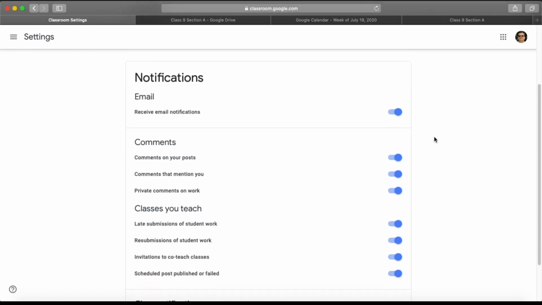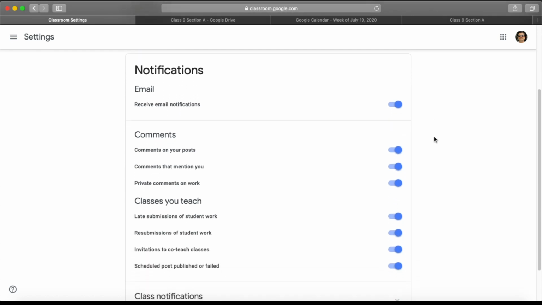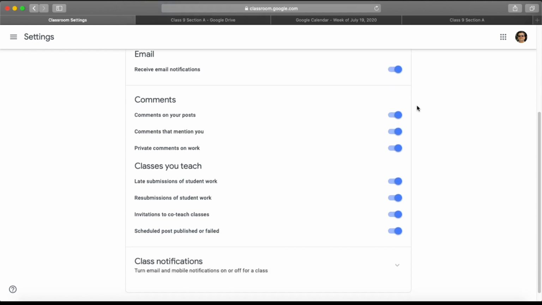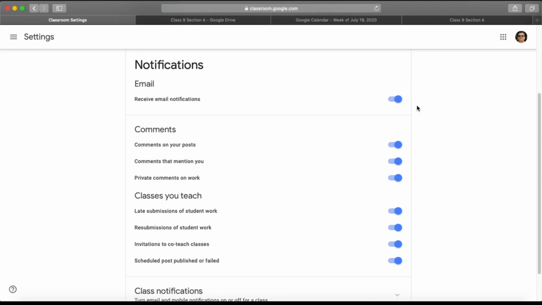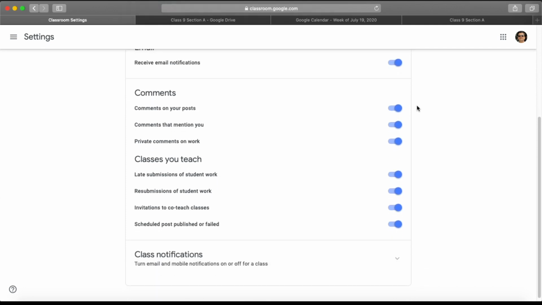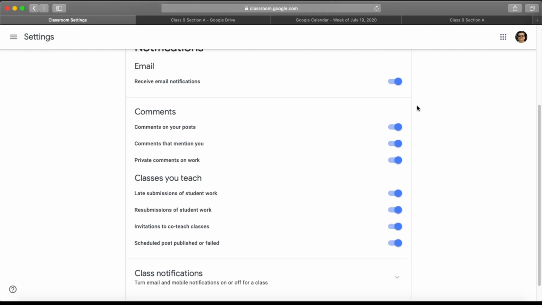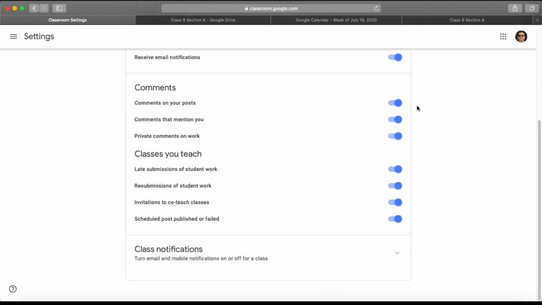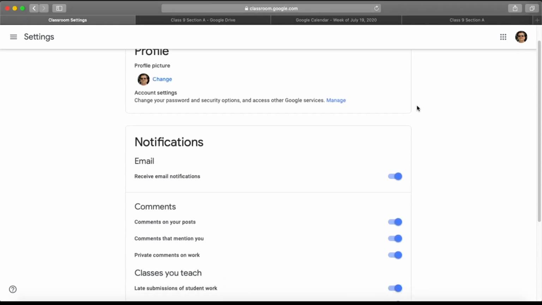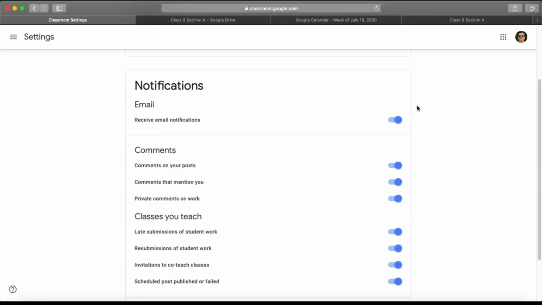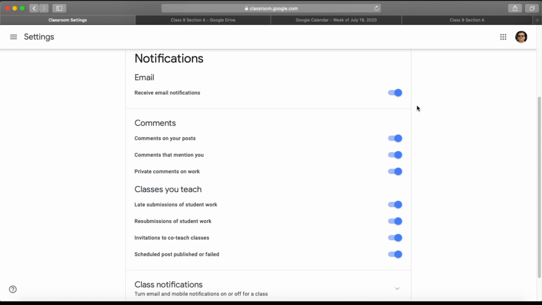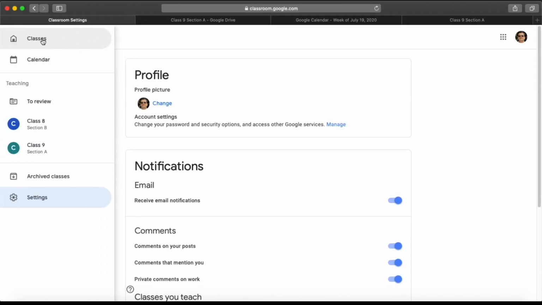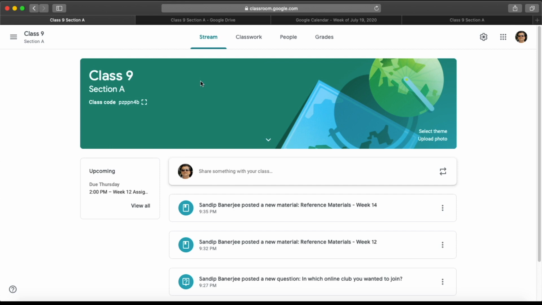Those options are there. The second thing is notifications, and this is very important. In these notification options, you have different toggle keys available, and based on your requirement, you can subscribe to those notifications or you can disable them also. This is absolutely up to you, and you can select these options carefully based on your requirement. I'm not going into detail on each of the points. Those are self-explanatory. You can just check on that and decide to fine tune. So let me go back to our class again. So this is the class.